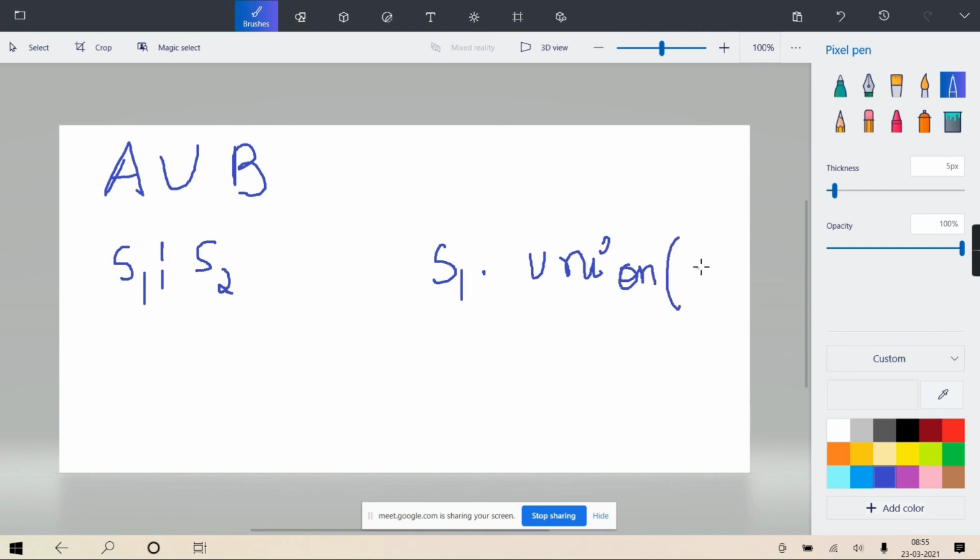Union is a keyword in C, but not here. S2 is passed as a parameter and S1 is the invoker. So S1 dot union S2. Clear? S1 dot union S2.